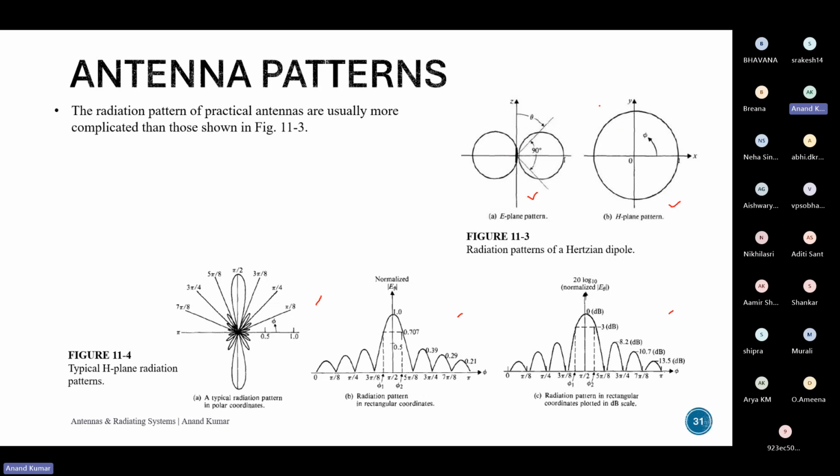So this is true for some antennas. If you're making a simple patch antenna, you'll probably get something like this in one of the directions, and this is what you want to achieve. So this is an example of an